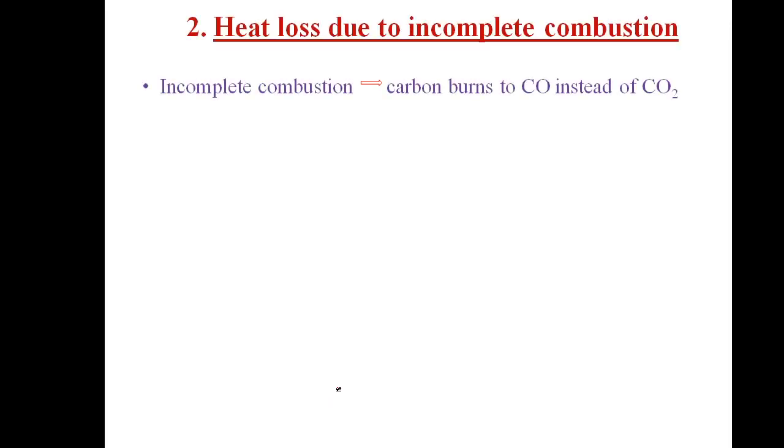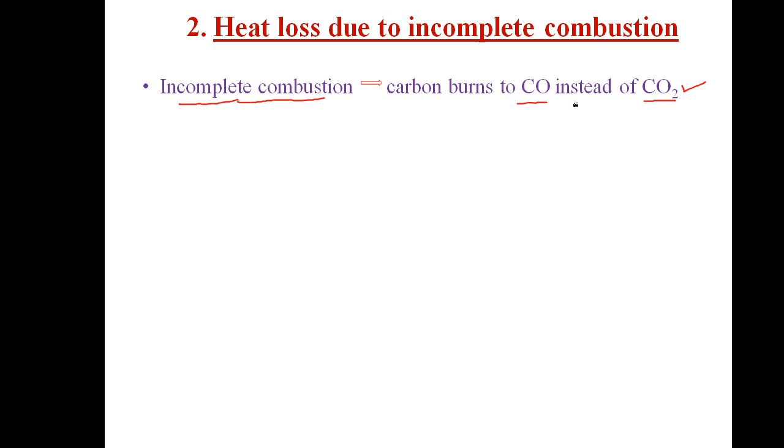And the second part: heat loss due to incomplete combustion of fuel. Incomplete combustion means when fuel is burned in the combustion chamber, the carbon present in the fuel gets burned to CO2 if the combustion is complete. If there is sufficient oxygen in the air, or a sufficient quantity of air is supplied in the combustion chamber, then complete combustion takes place and produces carbon dioxide as a byproduct of combustion. But if there is a deficiency of oxygen, then carbon is burned into carbon monoxide, CO, instead of carbon dioxide.